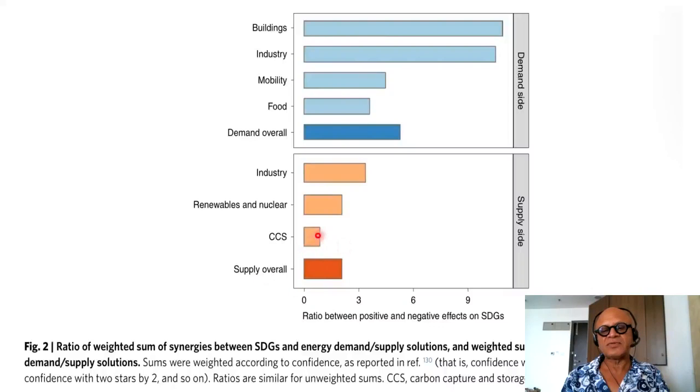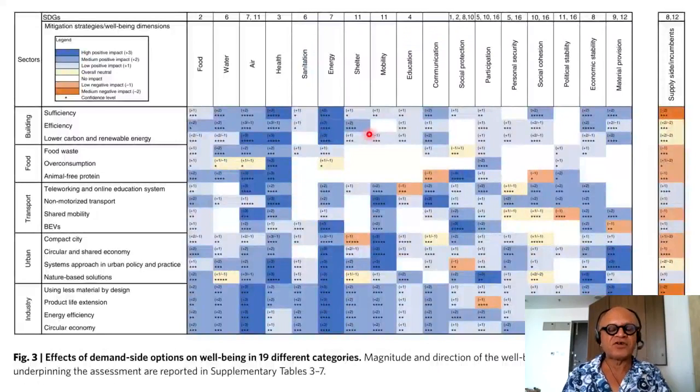Depends on the various details involved in how these are calculated. So overall supply impact on SDGs is not that high in terms of positive versus negative, whereas demand side solutions can offer a much bigger range. So in terms of well-being, effects of demand side options on well-being in 19 different categories, magnitude and direction of the well-being effect. So obviously you can see the table here, it's quite complicated with lots of stars,